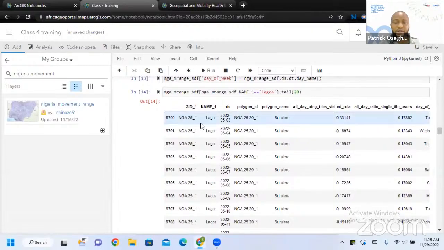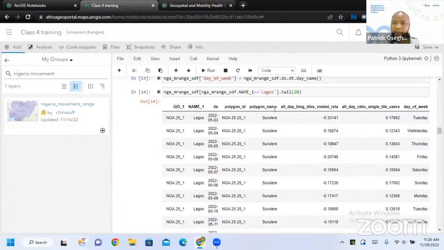Now, this Lagos is showing us Surulere, and this is the mobility change, and this is the proportion of those who are not moving, who did not leave their particular location, and this is the day of the week we just generated. We can agree that Saturday is higher than Friday, Wednesday, Thursday. Sunday is even higher.